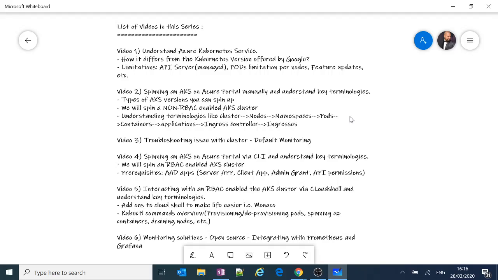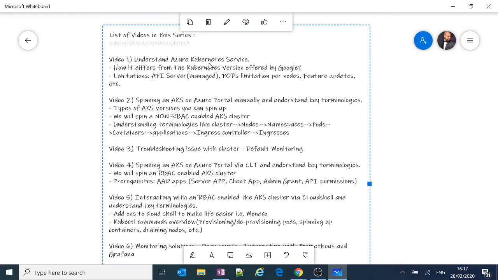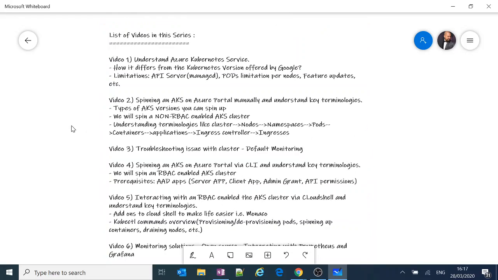So this particular AKS series will have many things. The series will constitute at least 8 videos as of now, and each of these videos will get into some objectives which would clear many of the Kubernetes terminologies which are a bit hard to understand. How can you actually deploy an application into the Kubernetes cluster? What is a replica? What are namespaces? What are pods? What are clusters? What exactly is the AKS cluster? And there are a lot more things about it, and how exactly or why Microsoft went to get this particular product on the Azure platform.